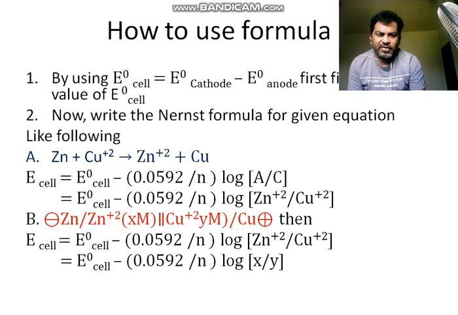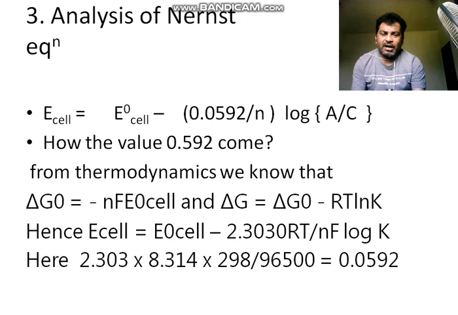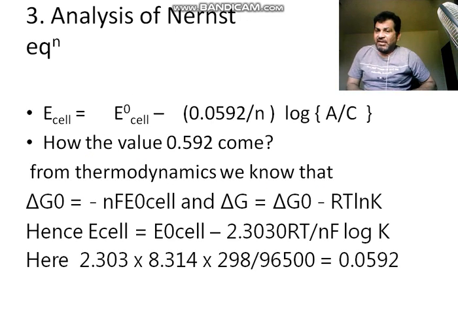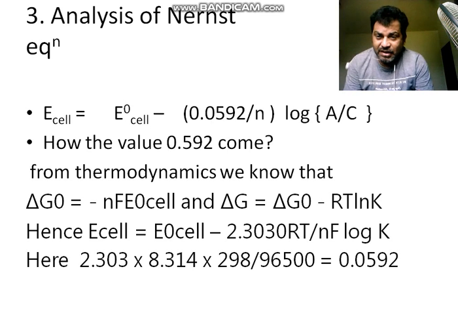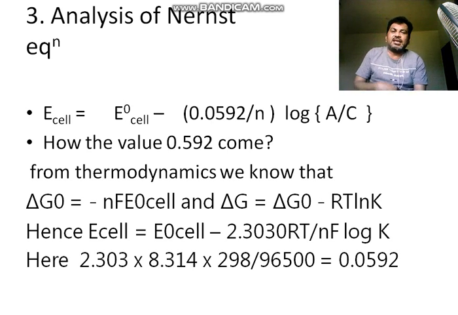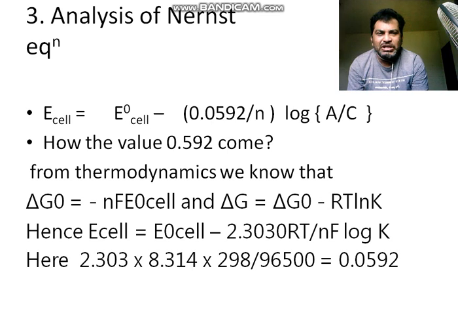Okay, so now we are going further to check out the Nernst equation only. So here we are doing the analysis of the Nernst equation. Okay, see, now you are aware of the Nernst equation. The Nernst equation is nothing but E cell is equal to E degree cell minus 0.0592 divided by n log anode by cathode. Now you wonder here how this value of